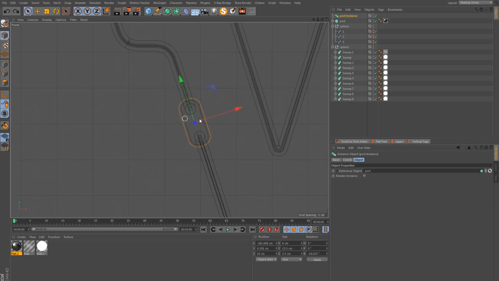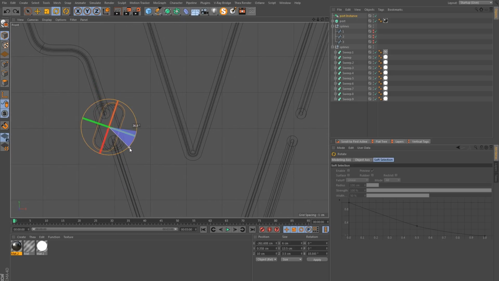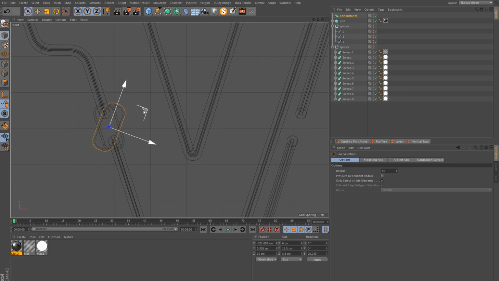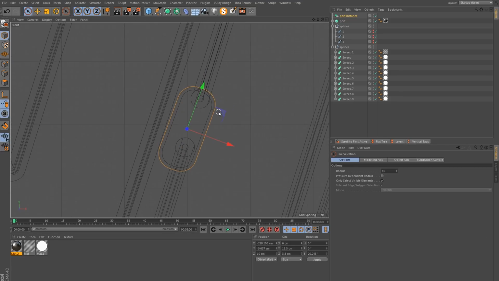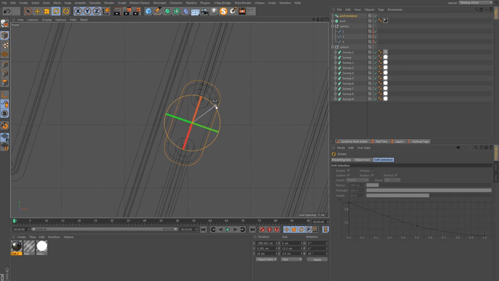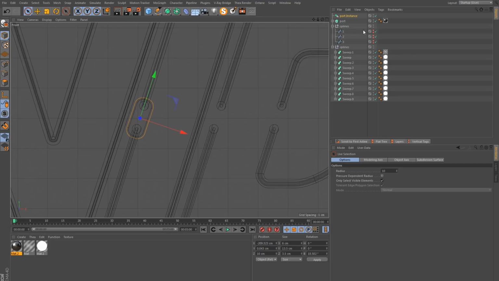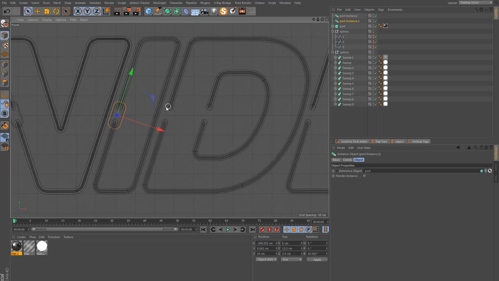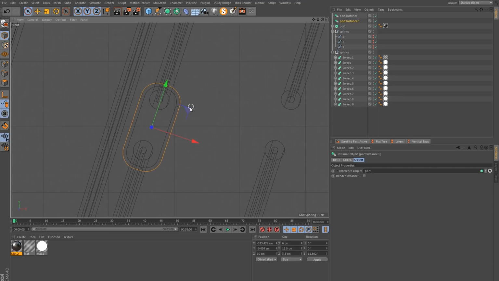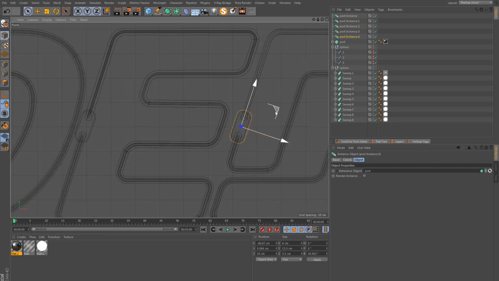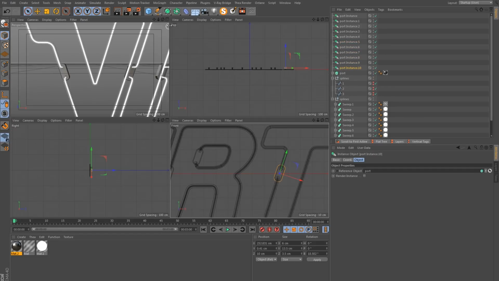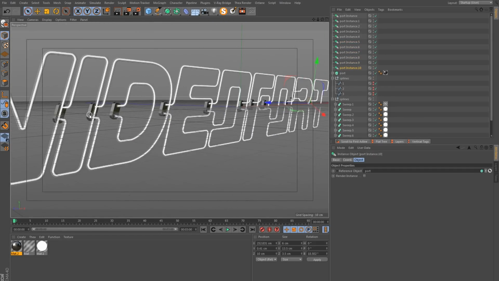So if I go to the front viewport, I will need to rotate this one the other way and move it to this section and just adjust the positioning somewhat like this, and just continue to do this across all the sections you need this for. And the result should be something like this.